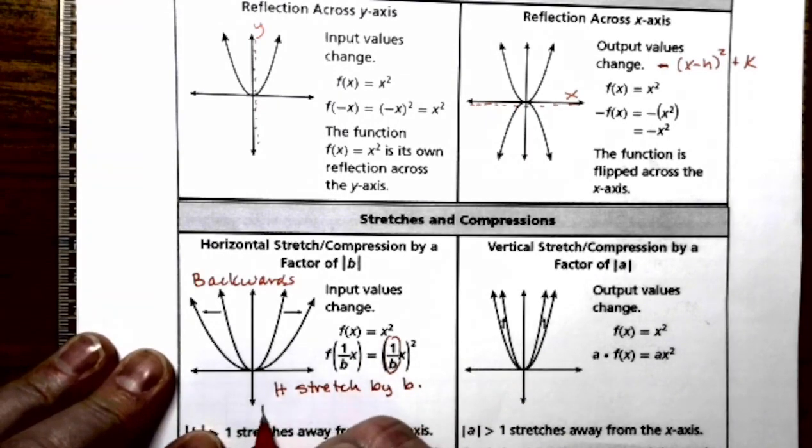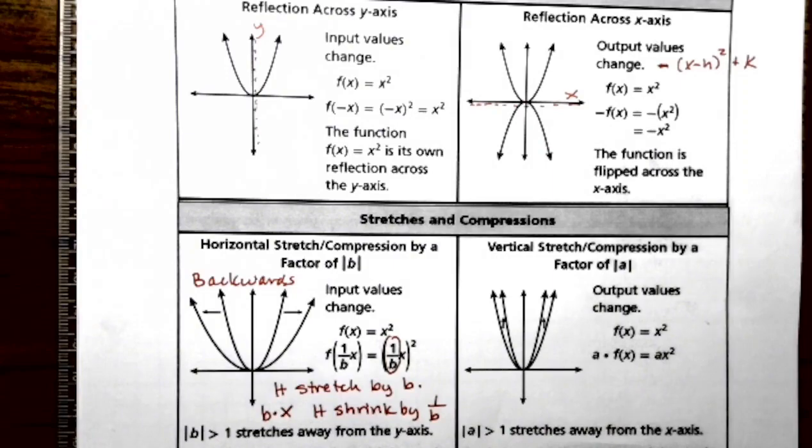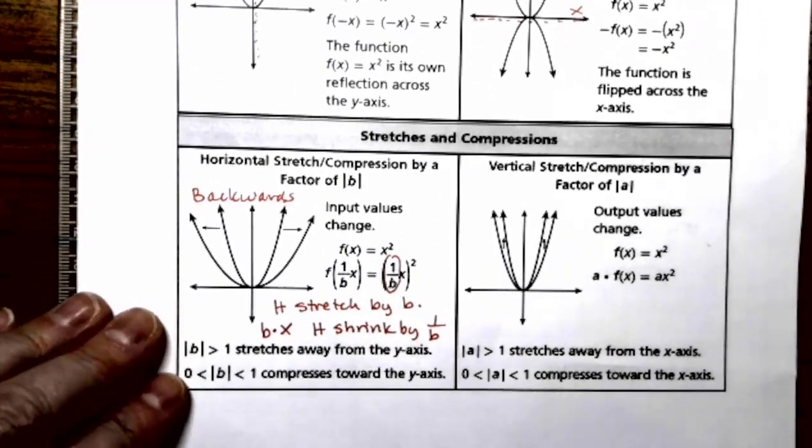If your x is being multiplied by b, then it's going to be a horizontal shrink by 1 over b. So you're always looking for the reciprocal